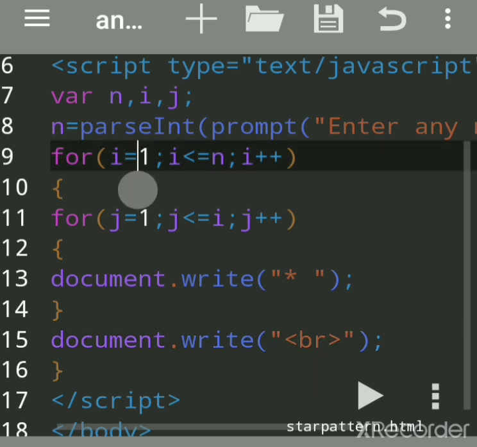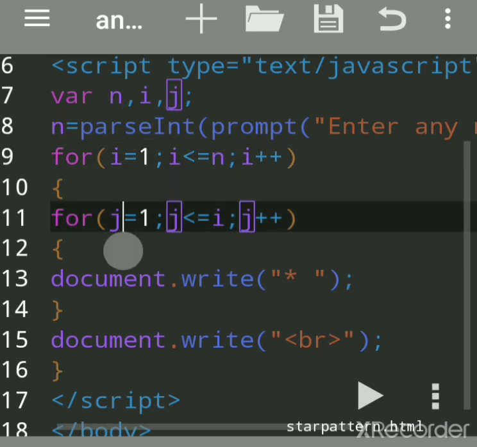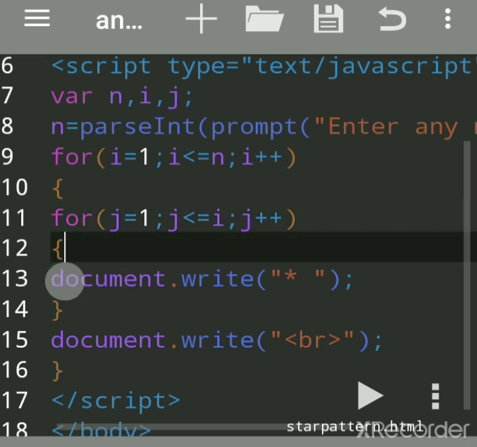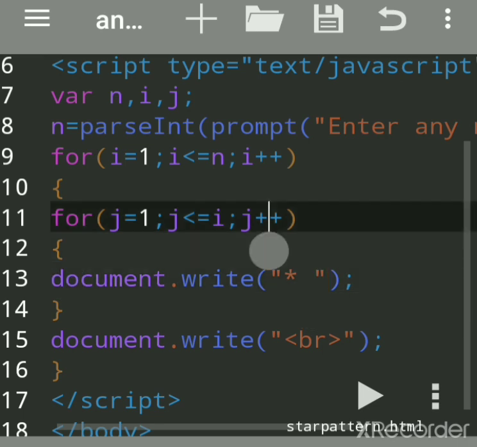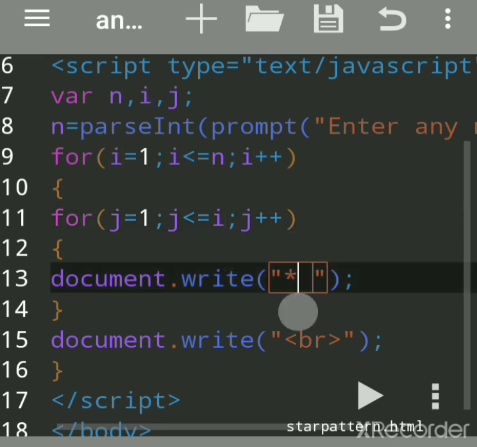Then it will go up, then i value will get incremented to 3, 3 is less than or equal to 4, yes, then the inner loop will again start with 1, 1 is less than or equal to 3, yes, then it will print a star, then j will get incremented, j will become 2, then it will go here, 2 is less than or equal to 3 because i value is 3 only, yes, then it will print a second star in the third line.